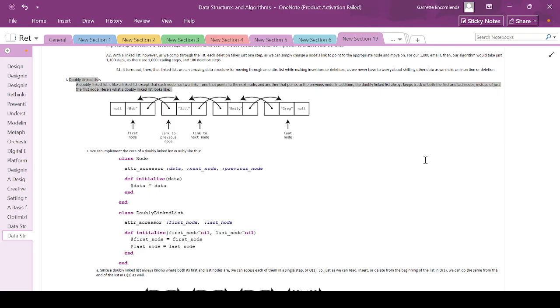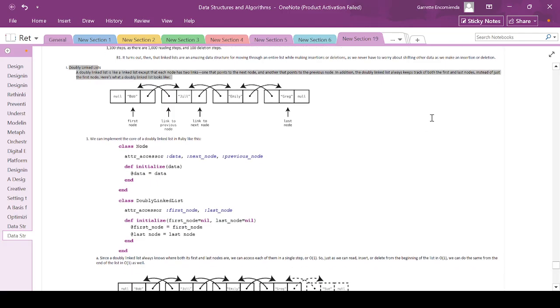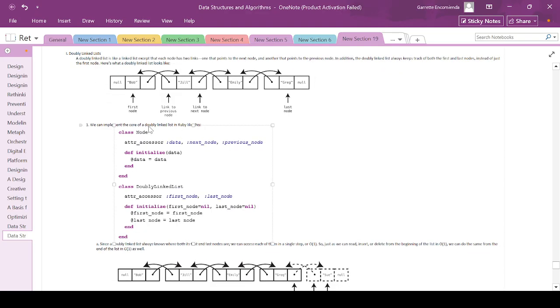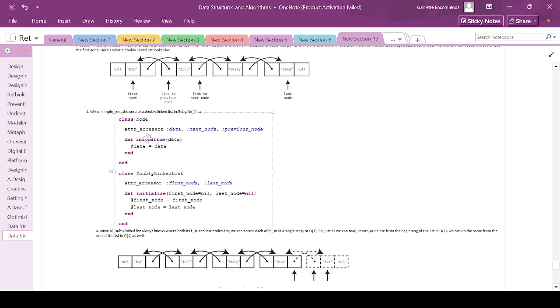In addition, the doubly linked list always keeps track of both the first and last nodes instead of just the first node. Here's what a doubly linked list depiction looks like. So here, the first node. You have 3 cells for each value or data. Now we can implement the core of a doubly linked list in Ruby like this. So we write class Node, attr_accessor :data, :next_node, :previous_node. We define the initialize function with parameter data, and @data = data, and then end. So we end that function